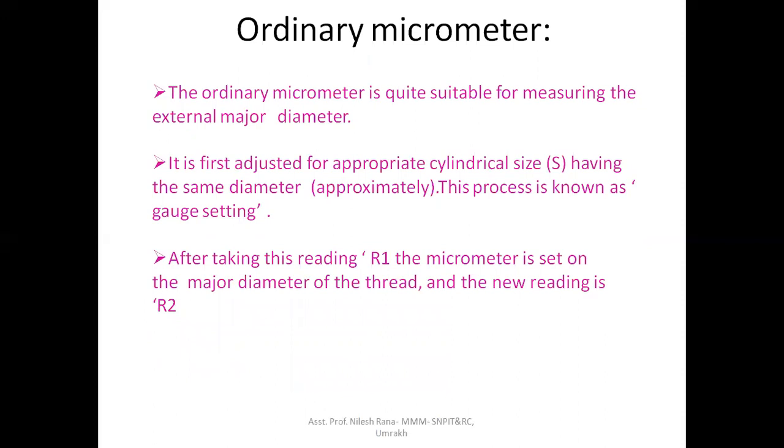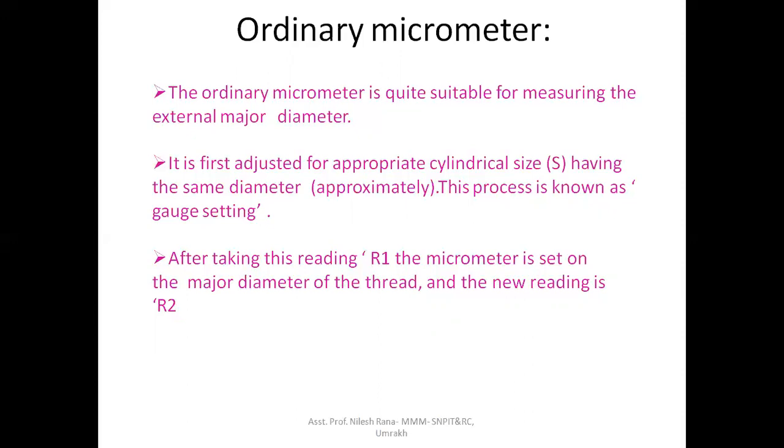Now, first with the help of the ordinary micrometer. The ordinary micrometer is quite suitable for measuring the external major diameter. It is first adjusted for appropriate cylinder size, having approximately the same diameter, and this process is known as gauge setting. It means in this practical we will use slip gauges, and the slip gauges having the same dimension will be put into the micrometer, and I will note down the reading of the micrometer,